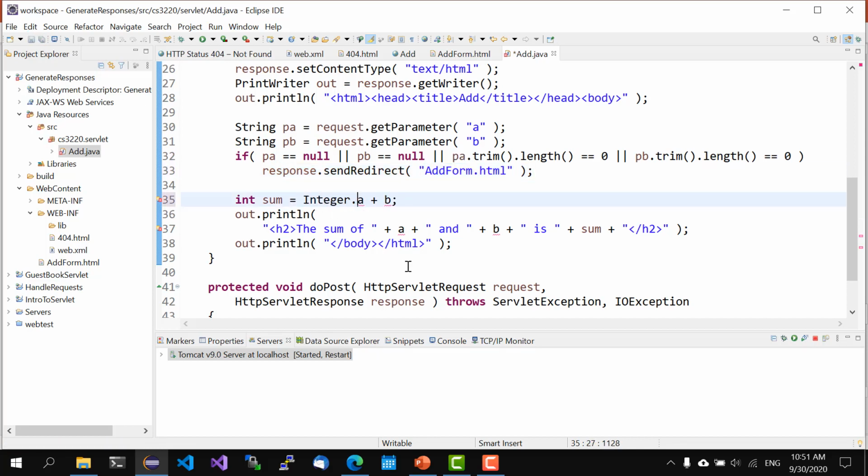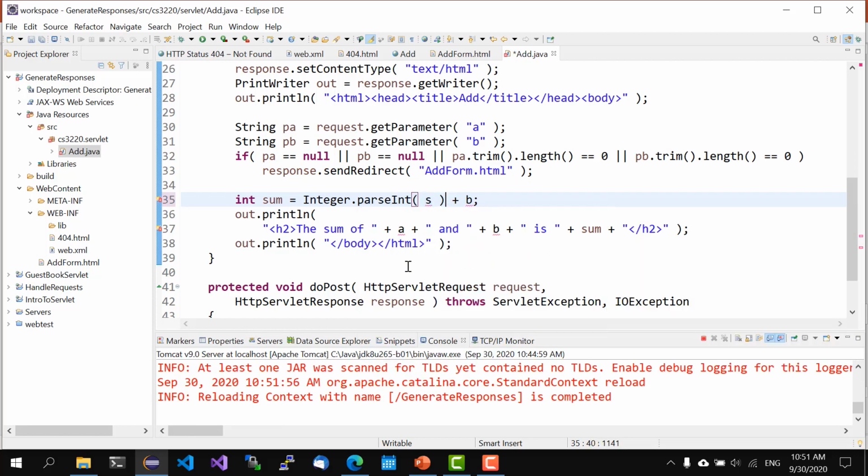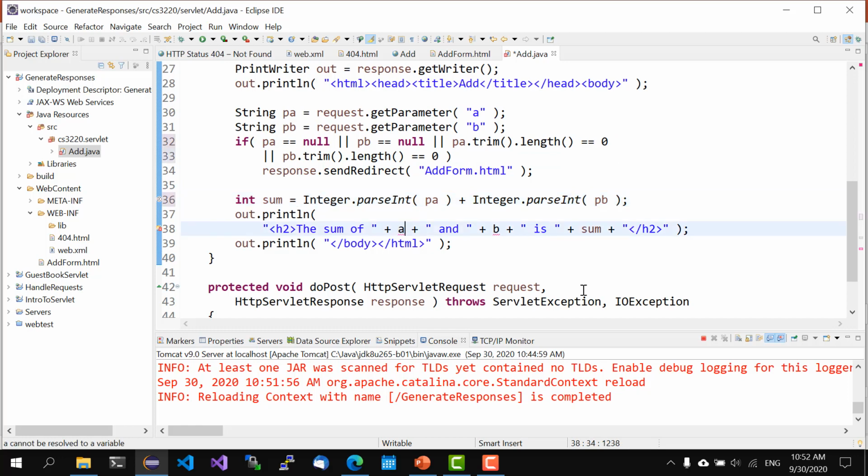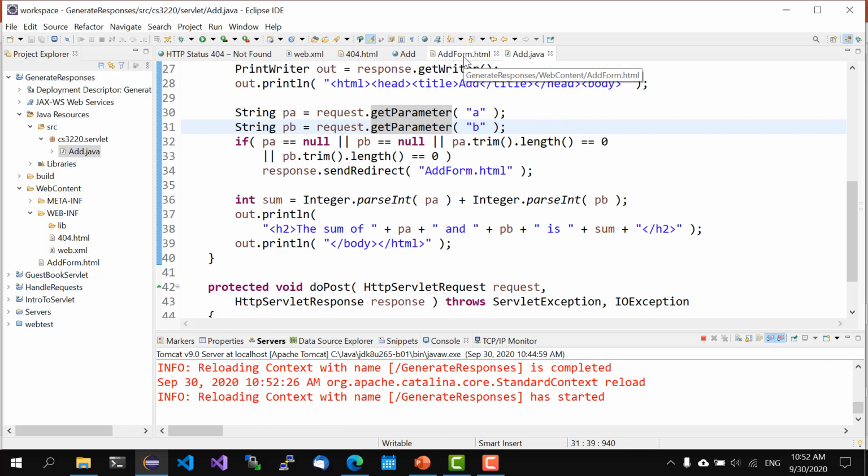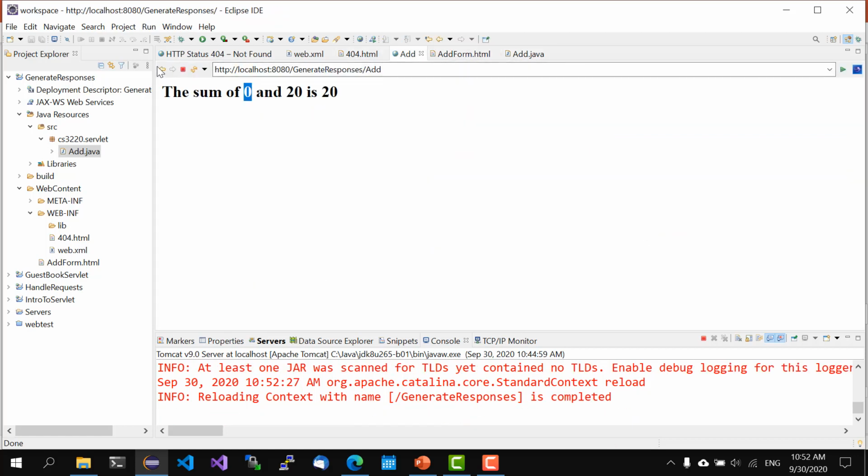And here we'll say integer parse int PA plus integer parse int PB. And let's change this to PA and PB. Okay. So let's see how this thing looks like. We'll go back, and again we'll give it two parameters, and so it works fine. And if we remove one of them,